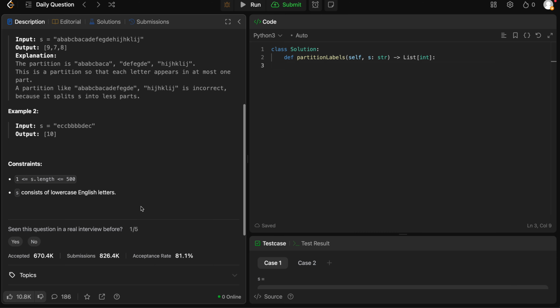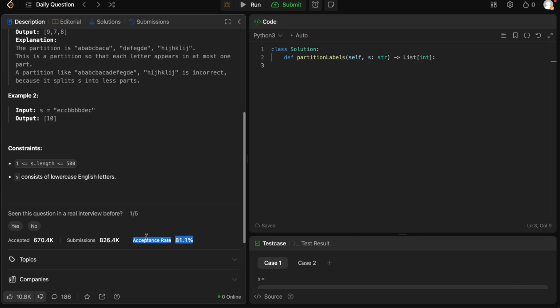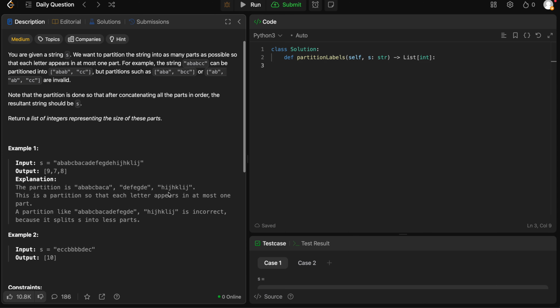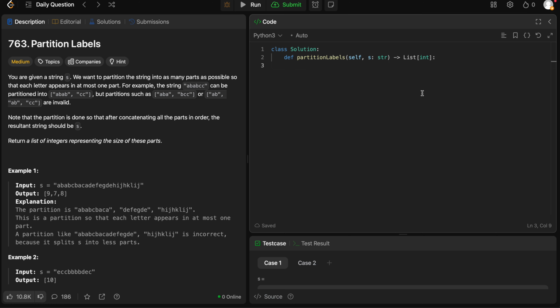Okay, this doesn't seem that crazy. Big acceptance rate, poor median, I would say. But essentially what we want to do, we want to count all the letters. So let's do that, count